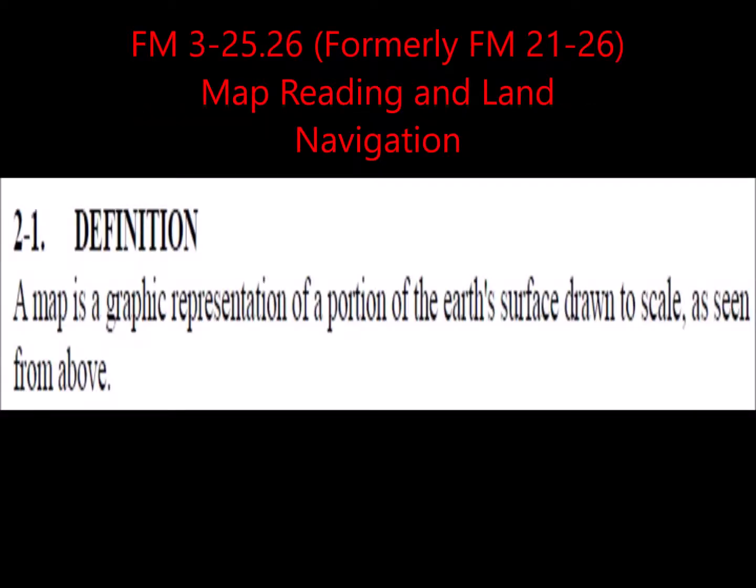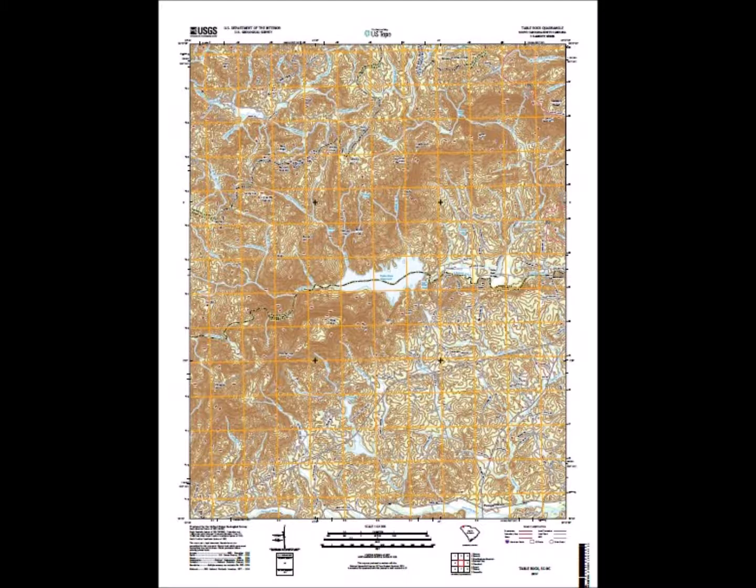Our doctrinal source material is Field Manual 3-25.26, Map Reading and Land Navigation, and according to that field manual, the definition of a map is a graphic representation of a portion of the Earth's surface drawn to scale as seen from above. For this block of instruction, we'll be using the Table Rock, South Carolina map. It's also partially in North Carolina, and we'll be zooming in on individual parts of this map as our lesson